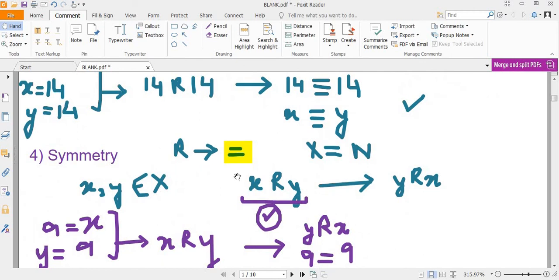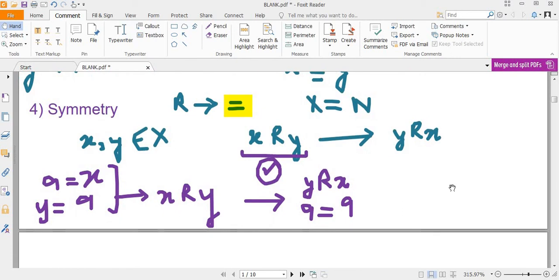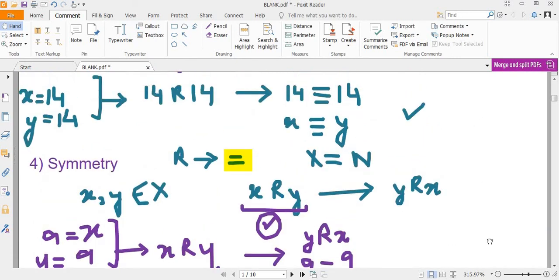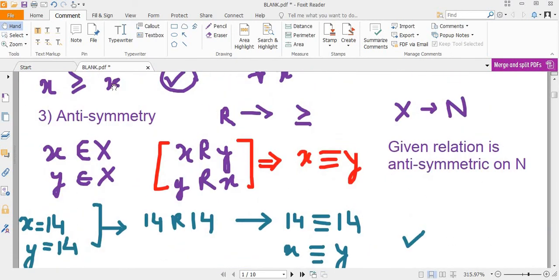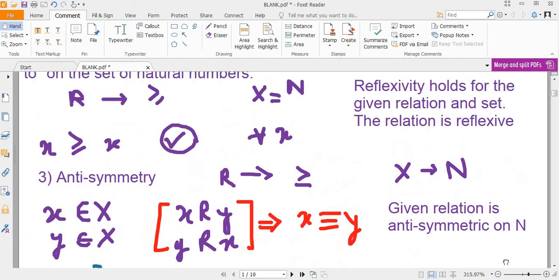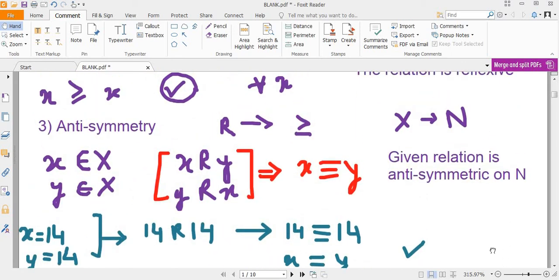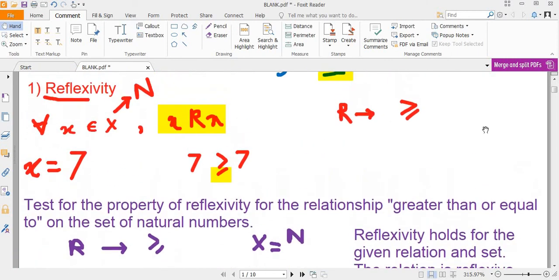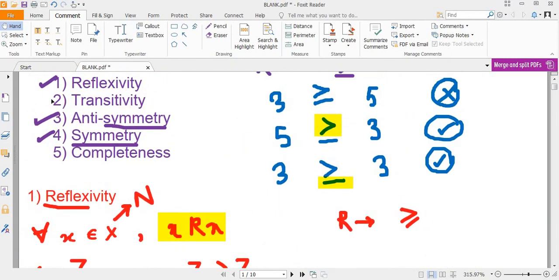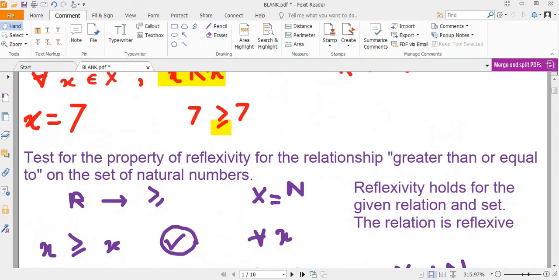You can do the same exercise using the equality sign, the greater than or equal to, or even the less than or equal to sign, and see whether the properties hold or not, because it's not true that every relationship under the sun will follow all these properties. These are just properties that a particular relationship may or may not hold. So these are essentially the properties of anti-symmetry and symmetry, and in the future